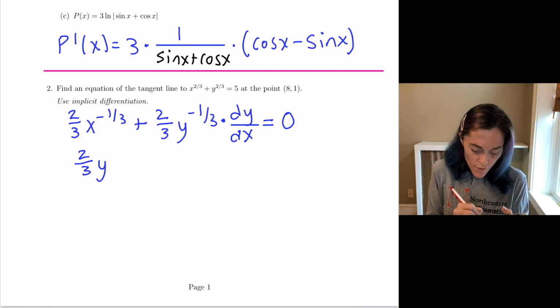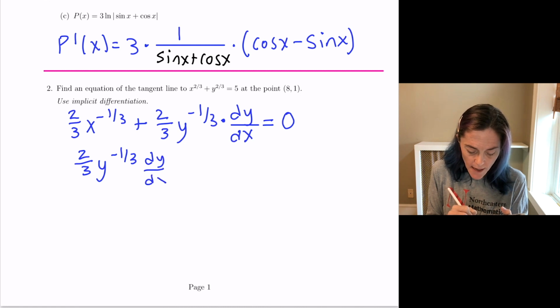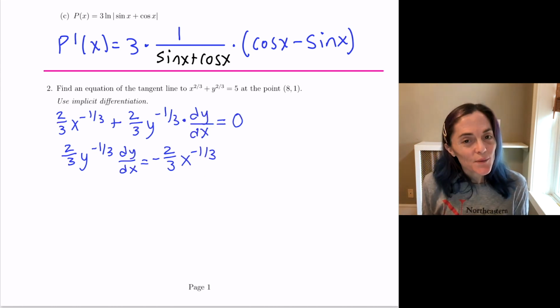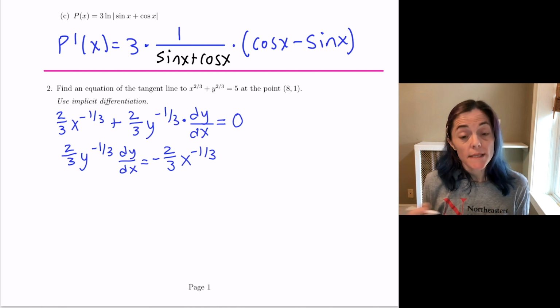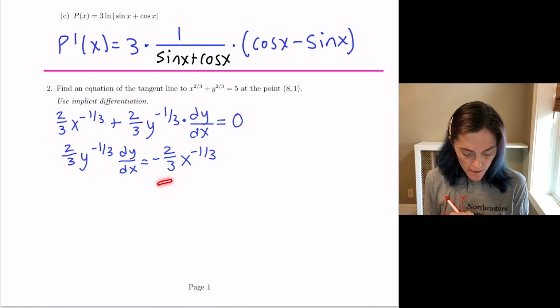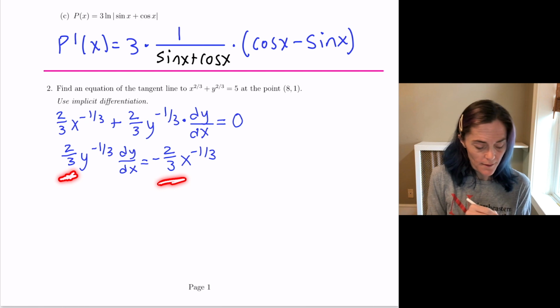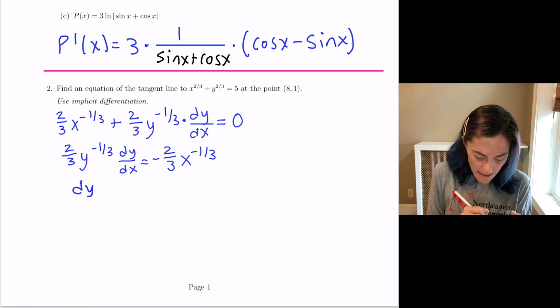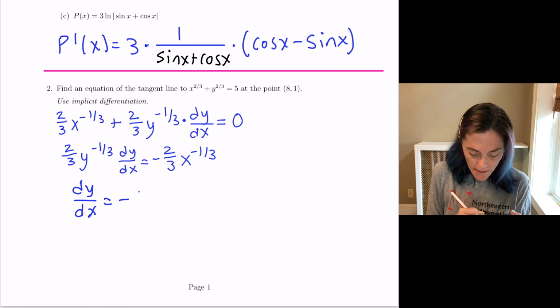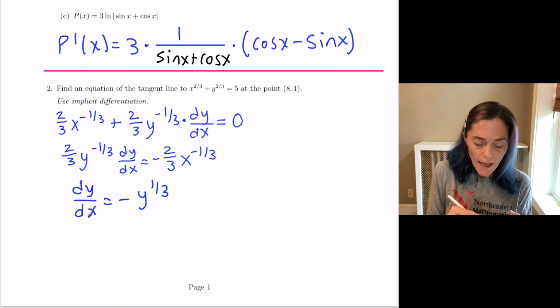So I have 2 over 3 y to the minus 1/3 dy dx equals negative 2 over 3 x to the minus 1/3. You notice I could divide both sides of the equation by this 2/3. And then we can multiply through by y to the 1/3. The left-hand side becomes dy dx. The right-hand side, I have this minus. I have y to the 1/3. And then